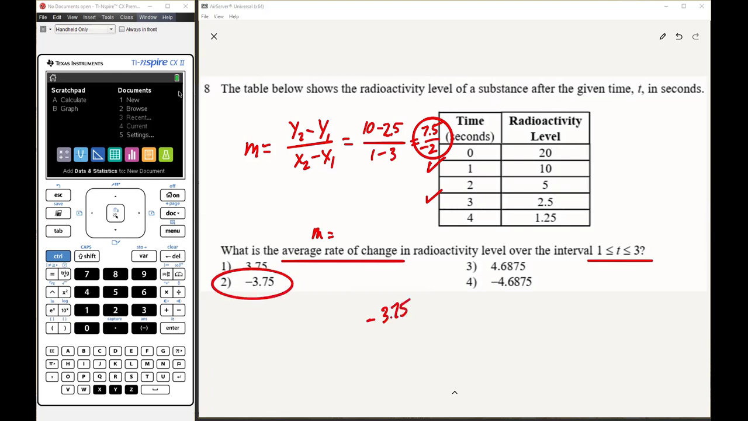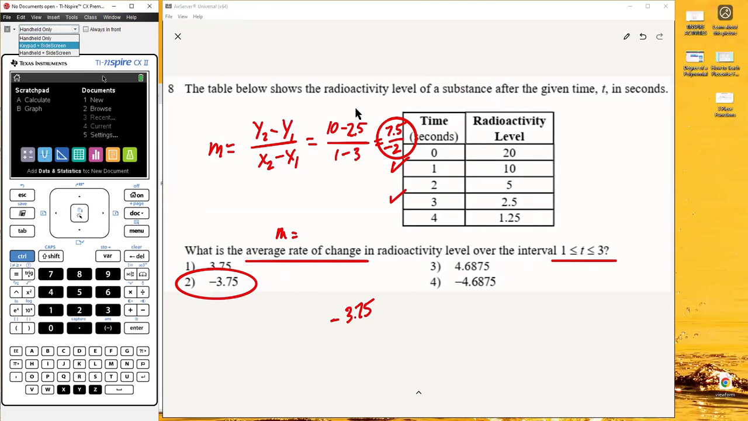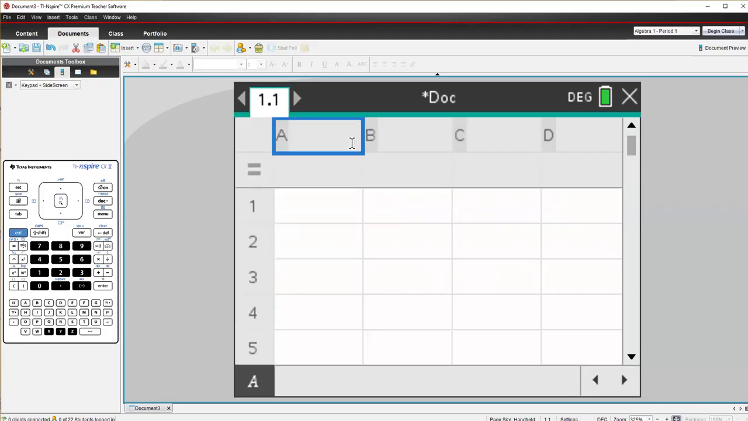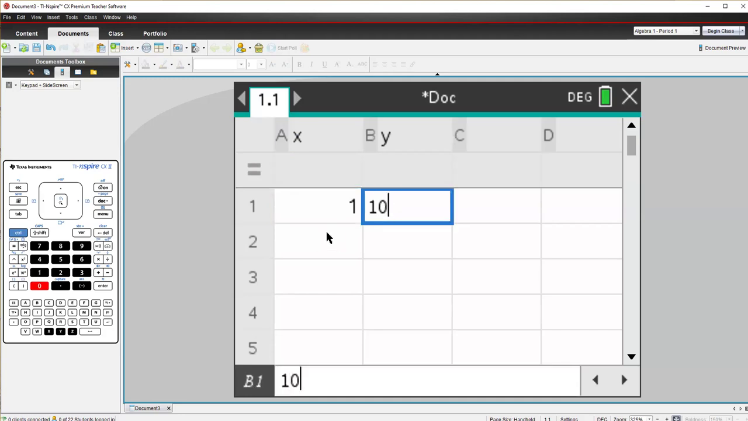Now, I'm going to show you how to use the calculator as well. So I'm going to go here. Let me make this larger so you can see everything. So I'm just going to go to the spreadsheet. And at the top, I'm going to put X, Y, X and Y. And then I'm just going to put 1, and then 10, and then I'm going to put 3, and I'm going to put